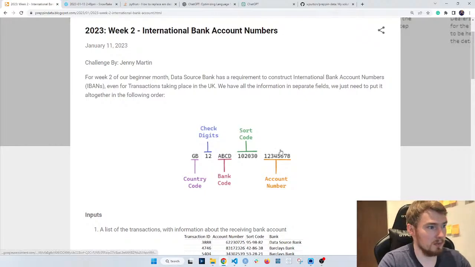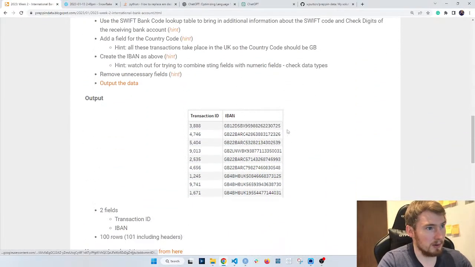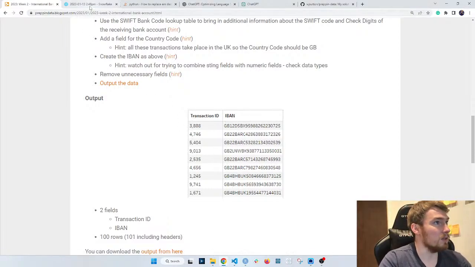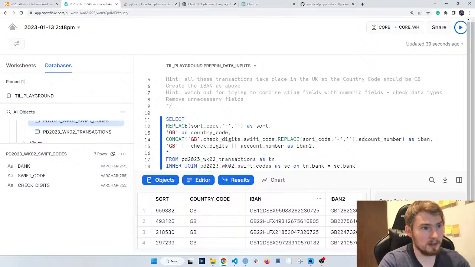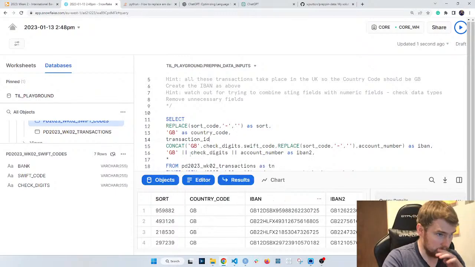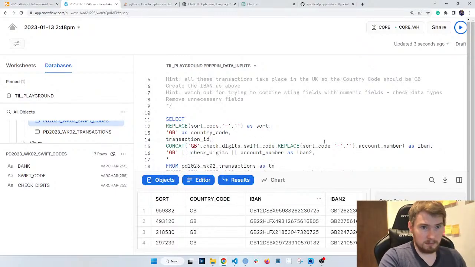Okay, so for week 2, how we're outputting, we've got this transaction ID and this IBAN as well. So in this case, just 2 columns coming back. So I've got my IBAN here. If I put out my transaction ID as a column, come with that.